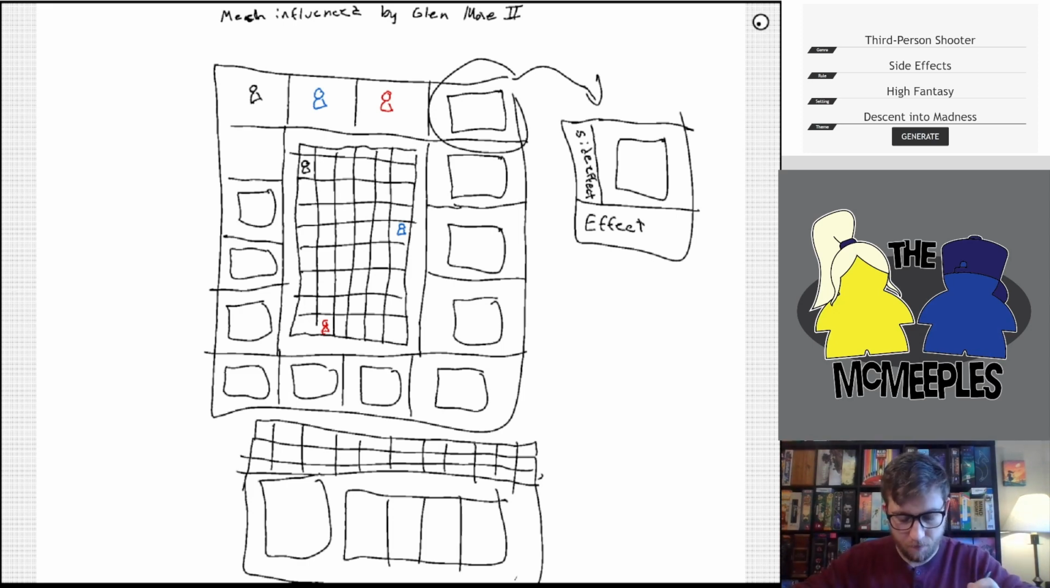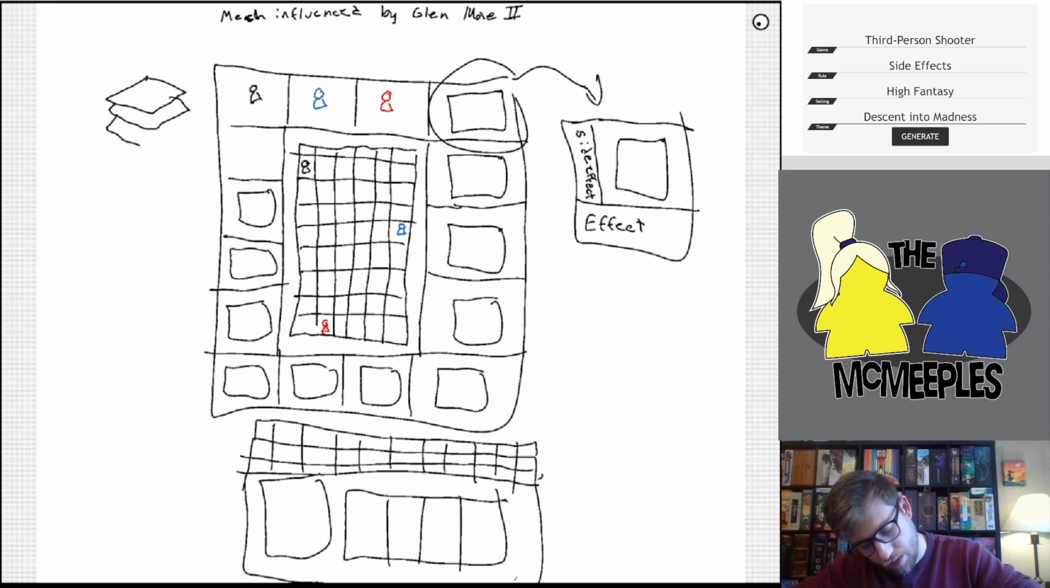And so how the game would work is, you'd have this deck of tiles that is maybe similar to Glenmore 2. There's 2 parts, an A and a B section. And so the A section would just be shuffled up, and then the B section would be shuffled up and